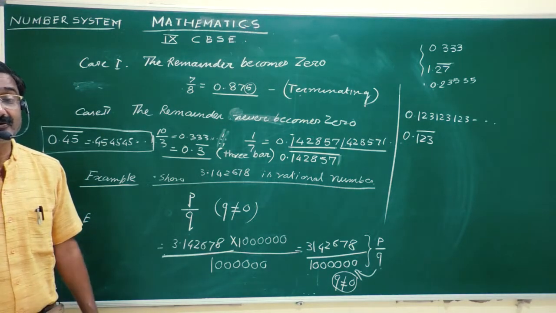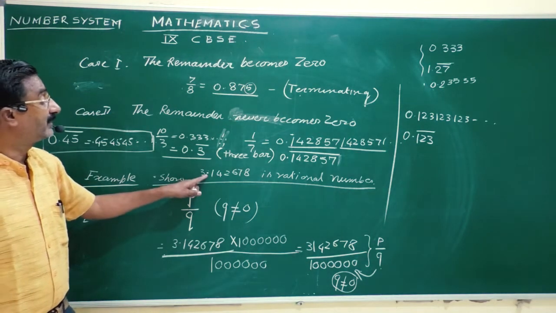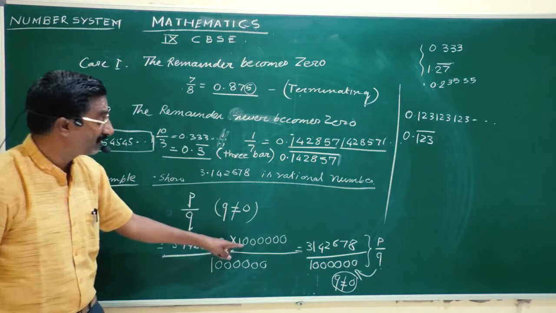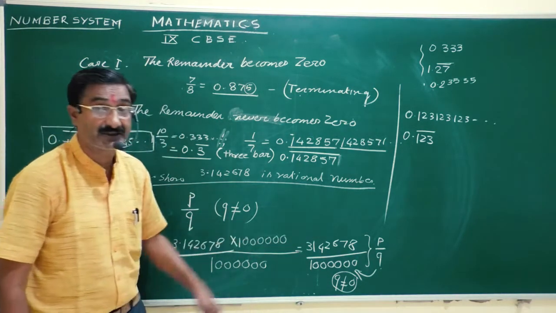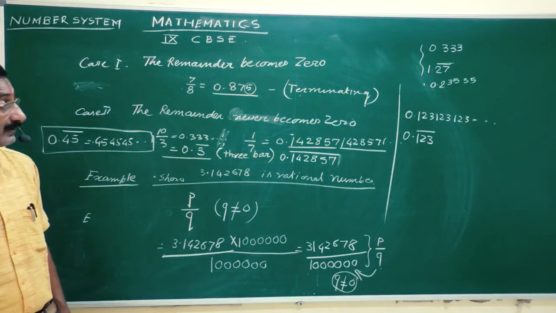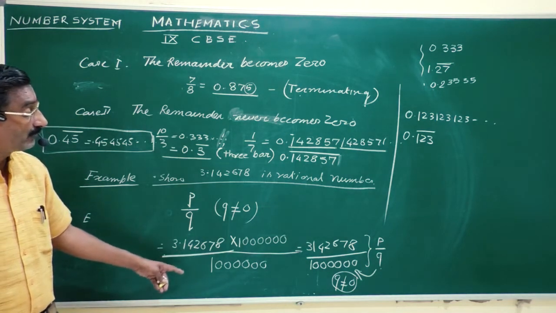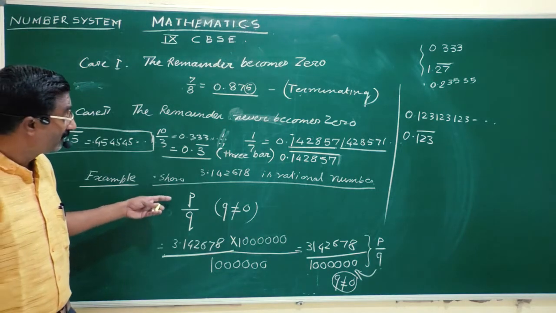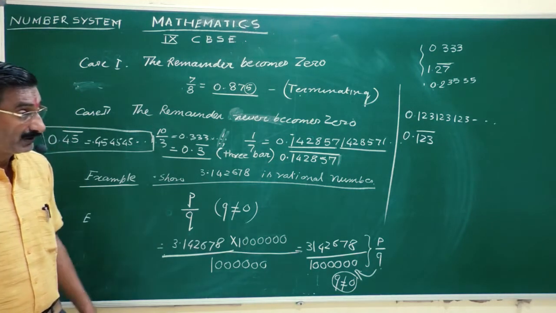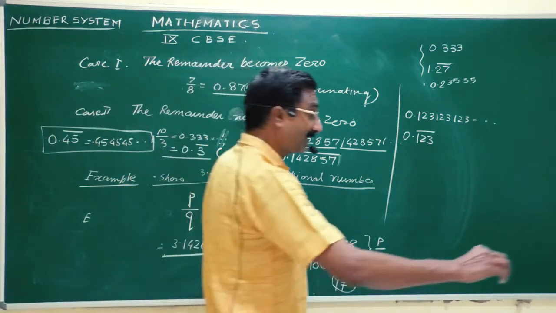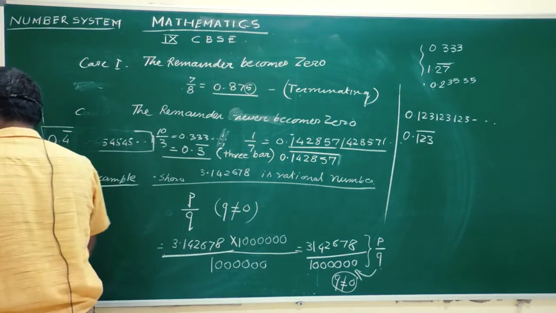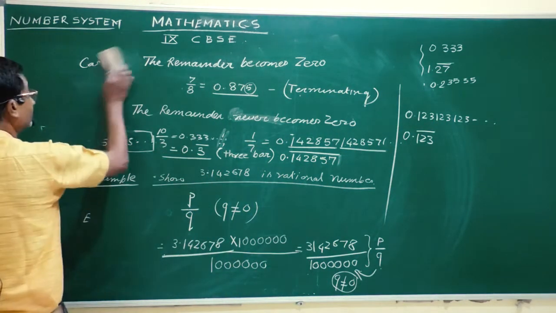The digits after the decimal are 6 digits, so we are multiplying by 1000000, that is 6 zeros with 1. So I think it is very clear to you how to rationalize this number in terms of P by Q. This is the simple case. Now we have to rationalize the number